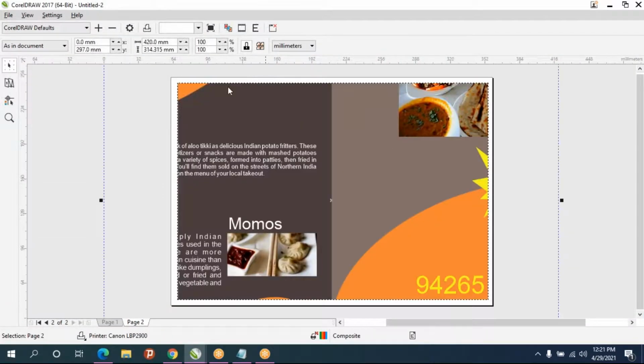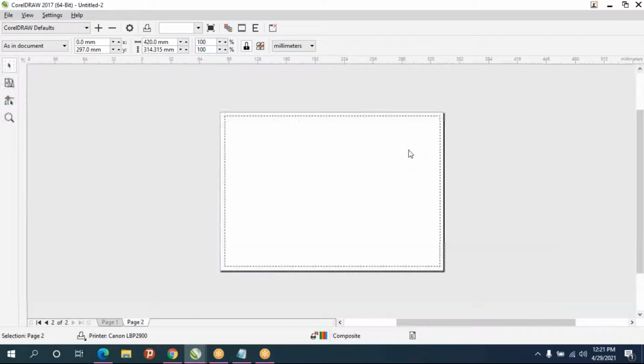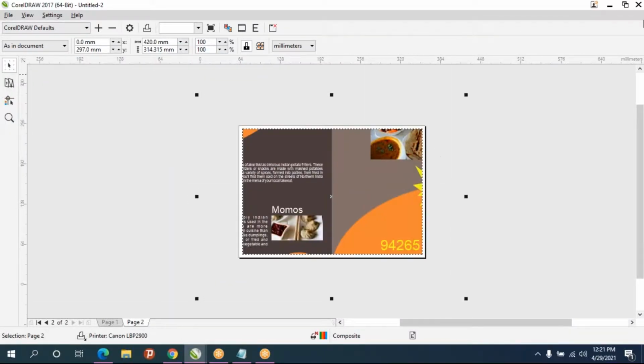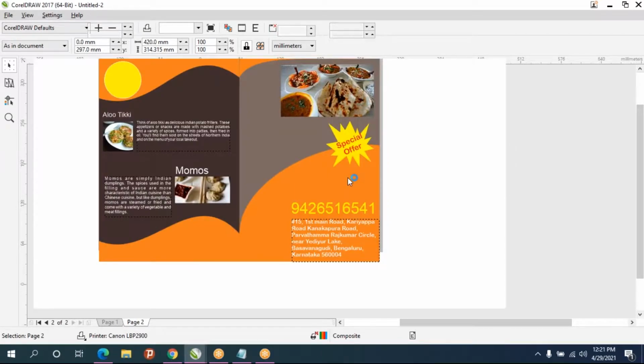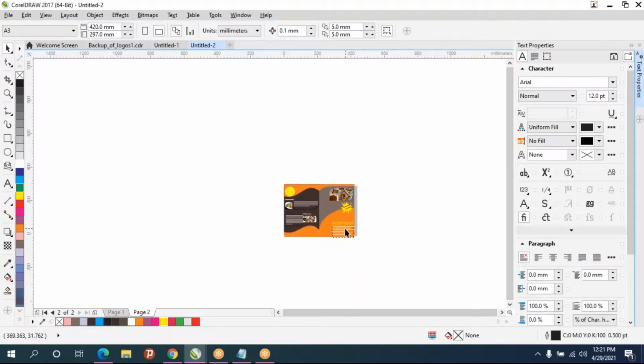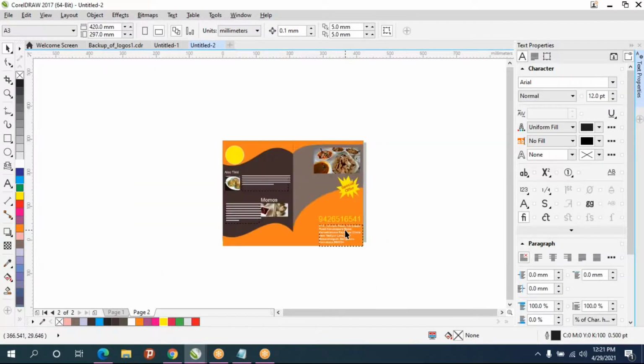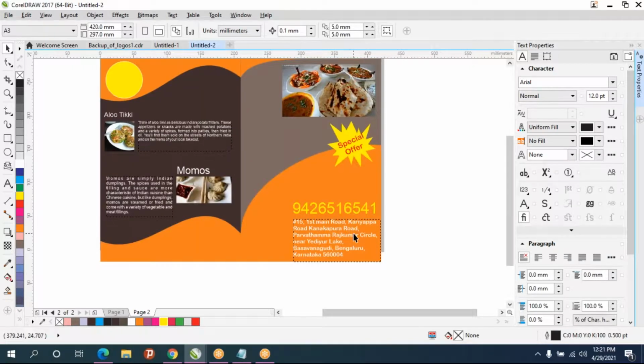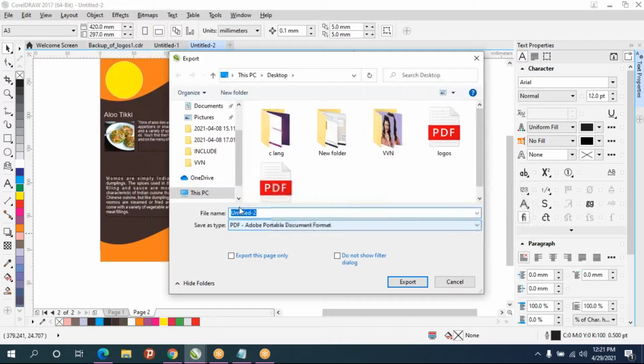So this is your actual output, because it has taken A4 size. Or else you save as PDF.